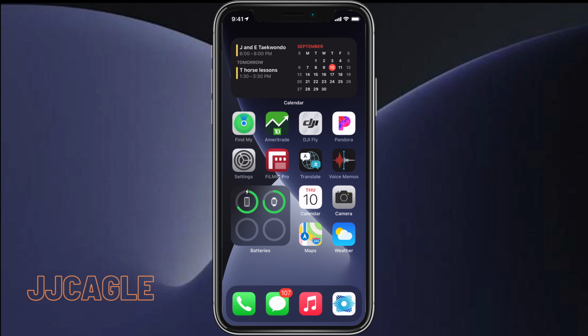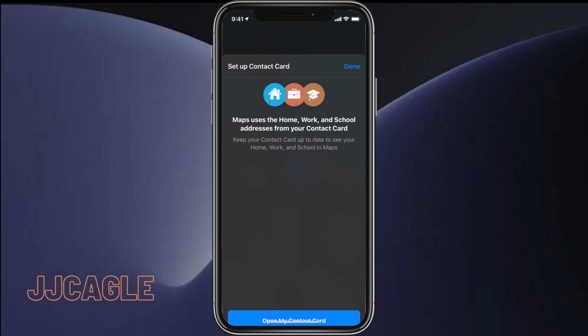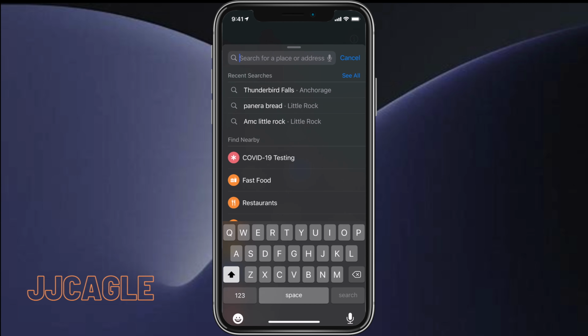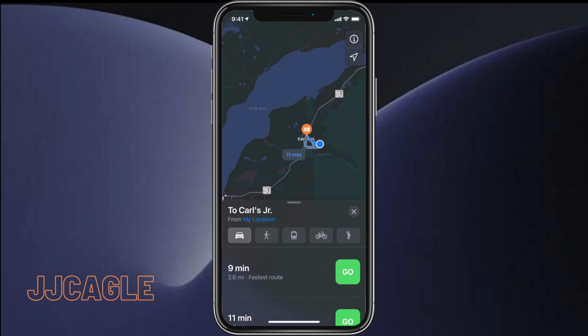Today I'm going to be showing you how you can share your estimated time of arrival using Siri on iOS 14. So what we're going to need to do is start a route to somewhere. We'll just type Carl's Jr. So once you've started a route,